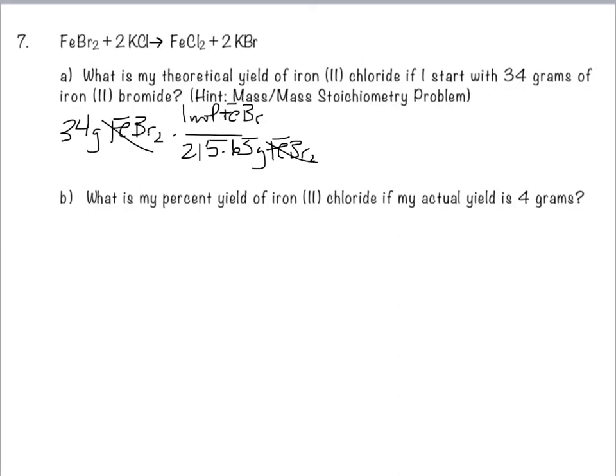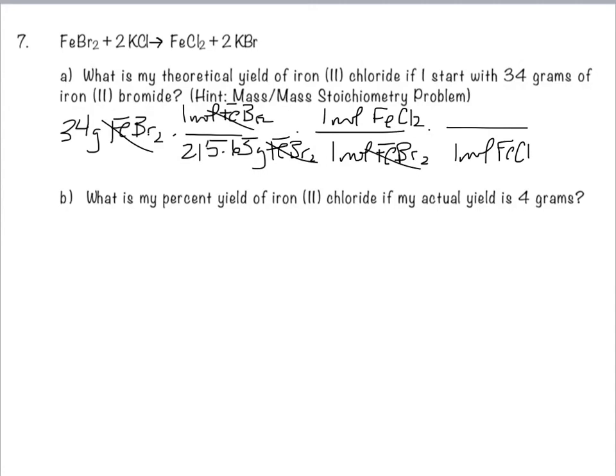Okay, so grams cancel grams. Now I know moles, so I'm ready for the mole ratio. According to the balanced formula, for every 1 mole of iron 2 bromide, I get 1 mole of iron 2 chloride. Moles of iron 2 bromide cancel. And now I know for every 1 mole of iron 2 chloride, it has a mass of 126.75 grams of iron 2 chloride. Moles cancel moles. So if I perform this math and I go 34 times 126 divided by 215,